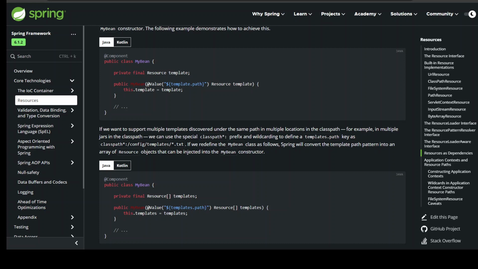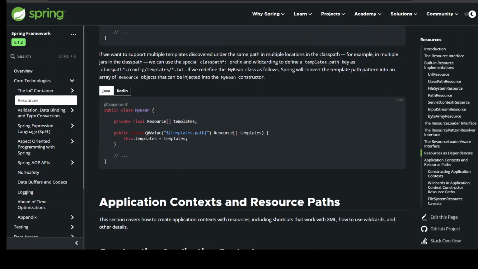the classpath, for example, in multiple jars in the classpath, we can use the special classpath* prefix and wildcarding to define a templates.path key as classpath*:/config/templates/*.txt. If we redefine the MyBean class as follows, Spring will convert the template path pattern into an array of Resource objects that can be injected into the MyBean constructor. @Component public class MyBean { private final Resource[] templates; public MyBean(@Value("${templates.path}") Resource[] templates) {